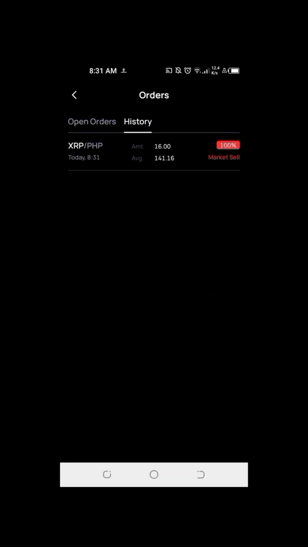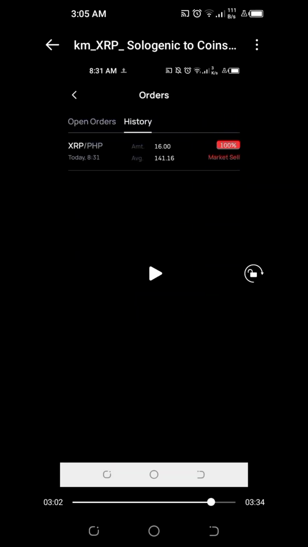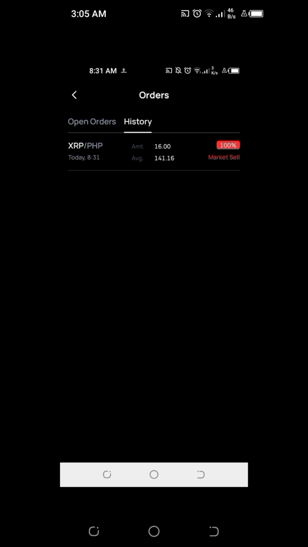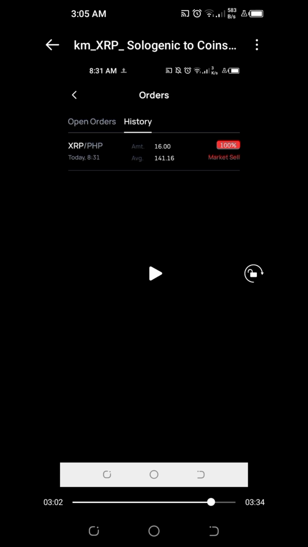And when I check the history on our Coins Pro, we can see here that we're able to sell 16 XRP at a market price of 141.16 pesos per XRP.